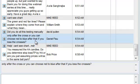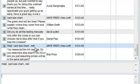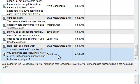Did you do all this testing manually, asks David Pullen. The answer to that is yes. Yep, every bit of it. You measured the Heikin-Ashi candles. Do you determine the stop loss profit target by the Heikin-Ashi, or are you just assuming prices will be in